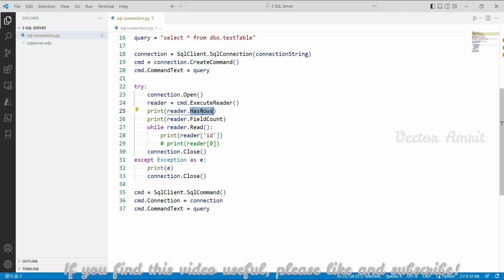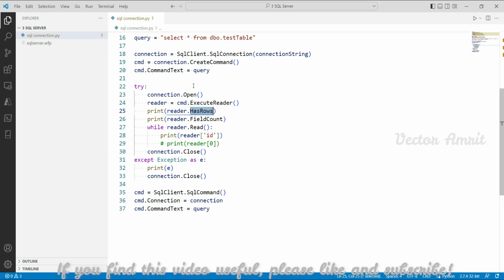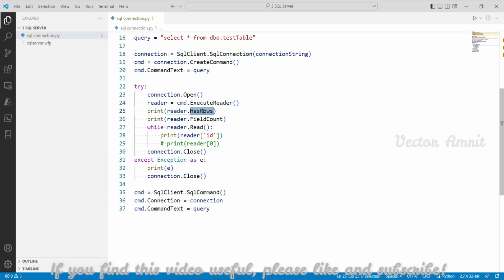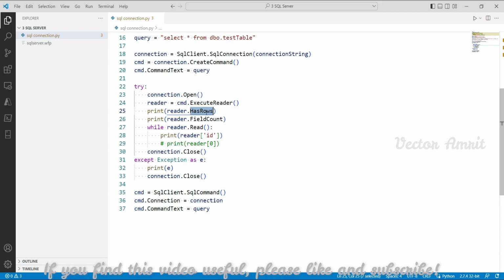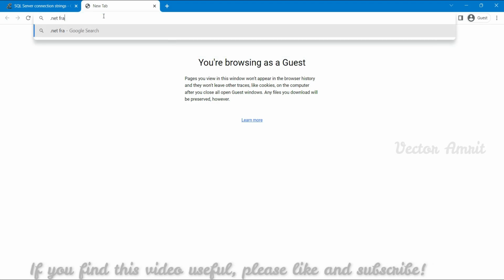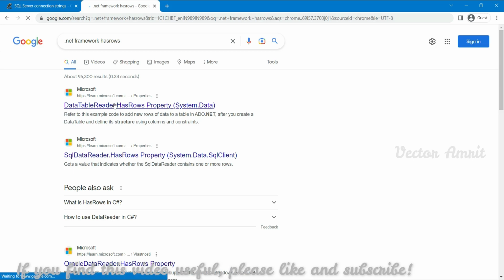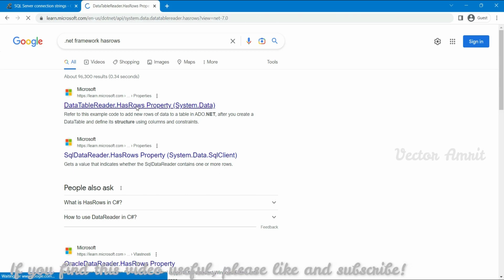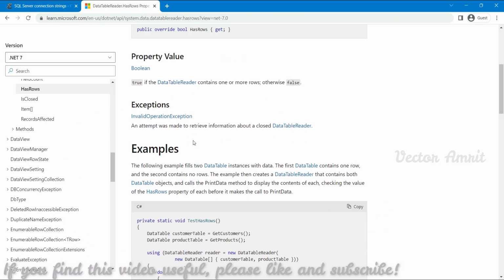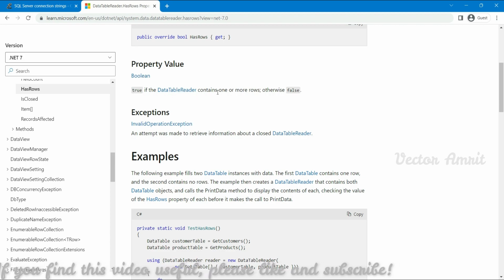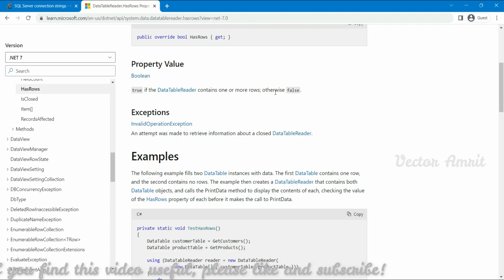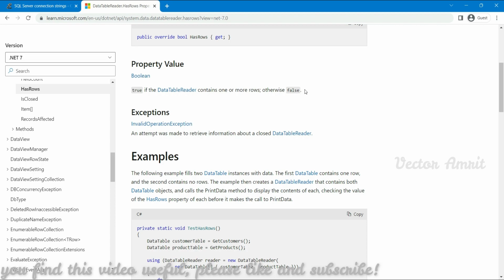To know what has rows is, you can go to this connection execute reader, and within the .NET framework, I will just type .NET framework has rows, you will get that. See, data table reader has rows property, and you will get true if it contains one or more rows, otherwise false. So true is 1,